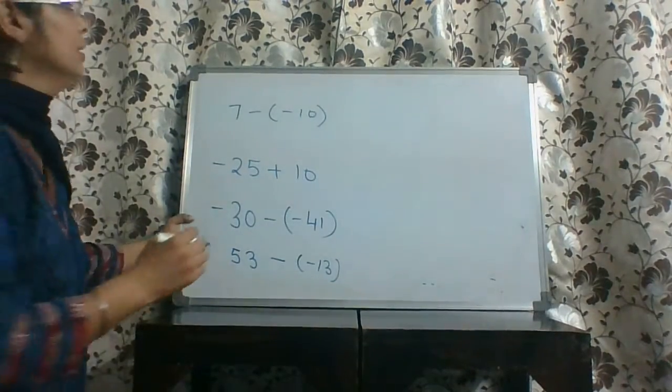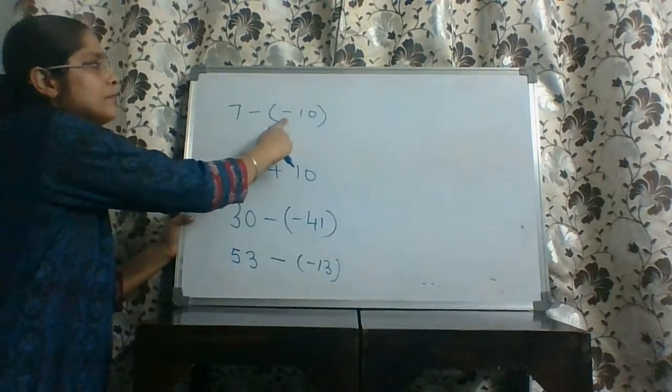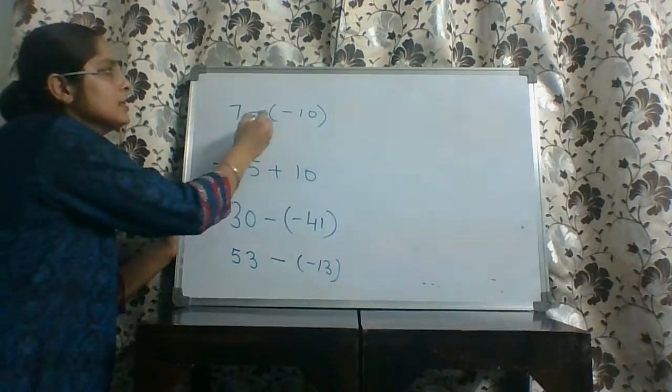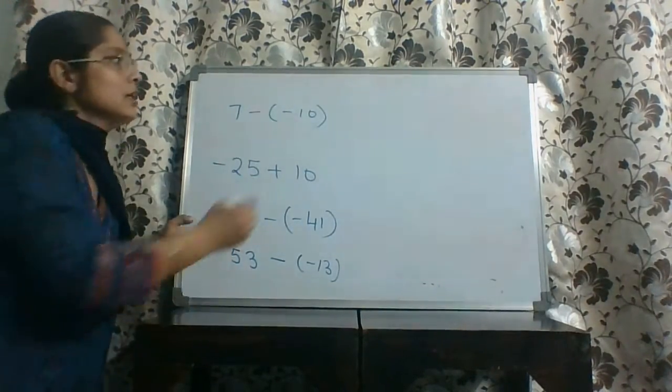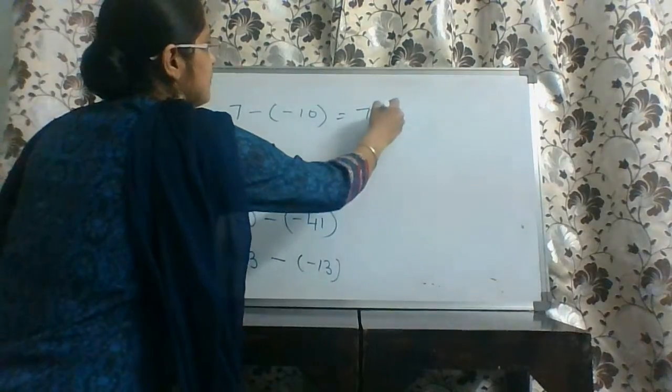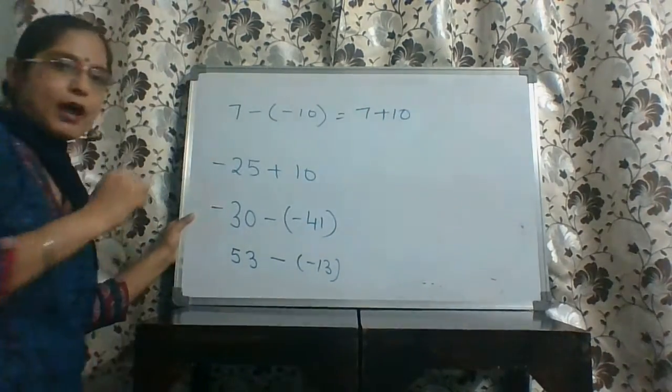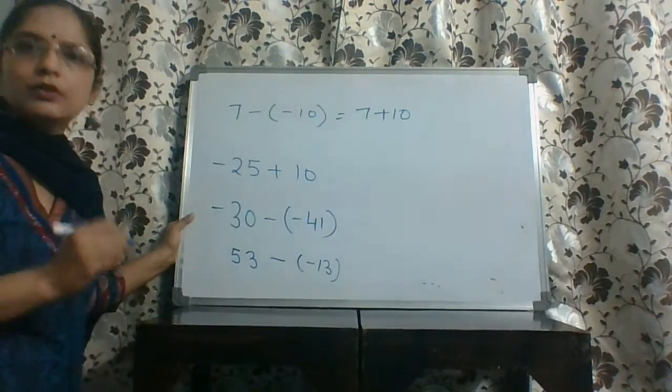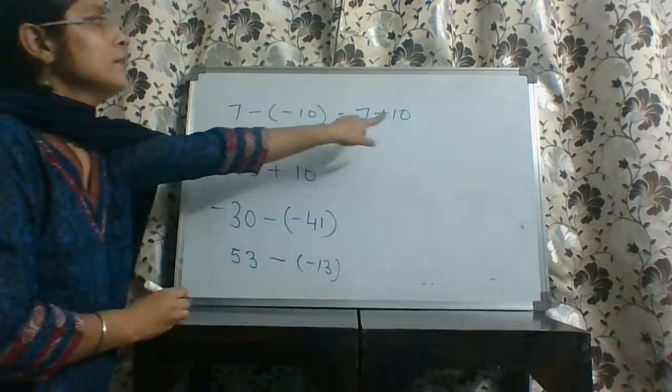Everyone pay attention here. 7 minus minus 10. Here minus and minus changes to plus. I can write it as 7 plus 10. We have studied subtraction, multiplied to subtraction changes to plus sign. So 7 plus 10